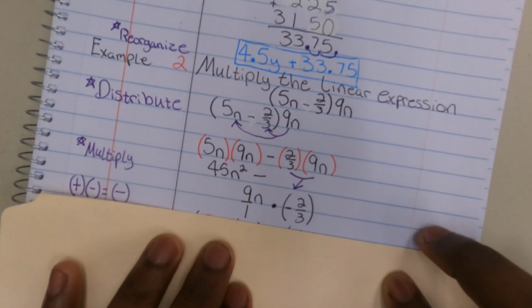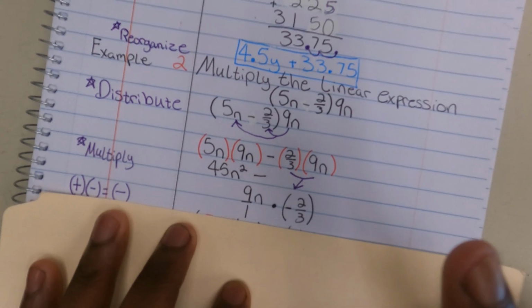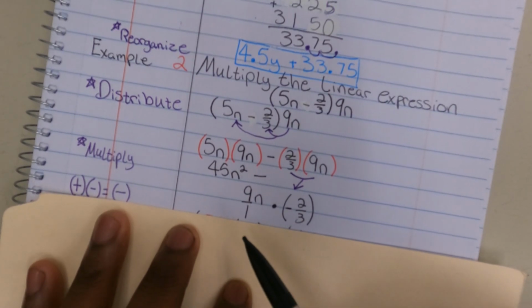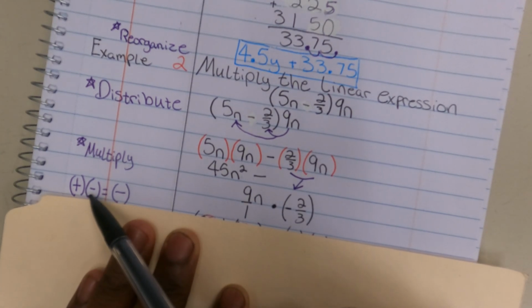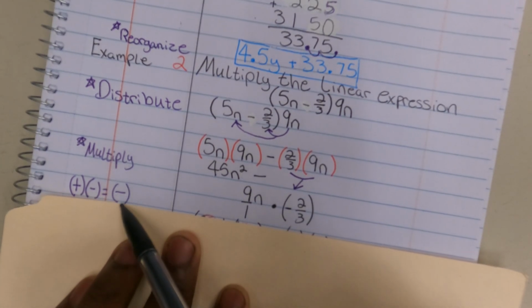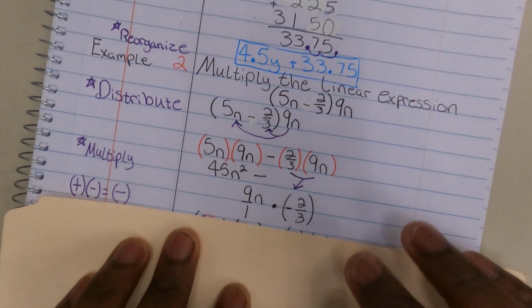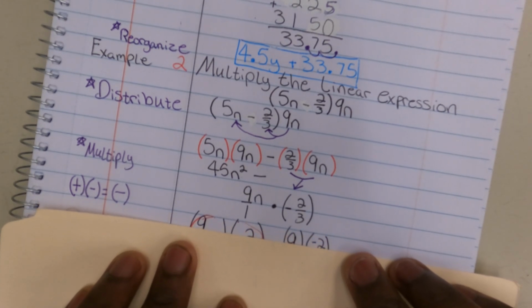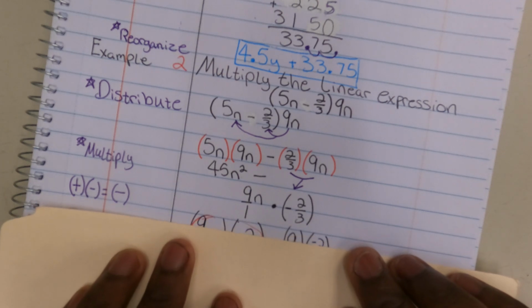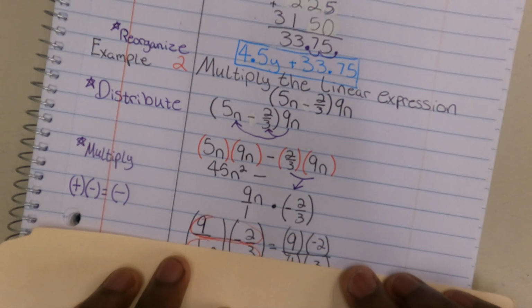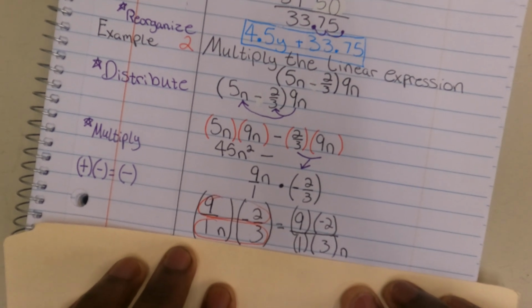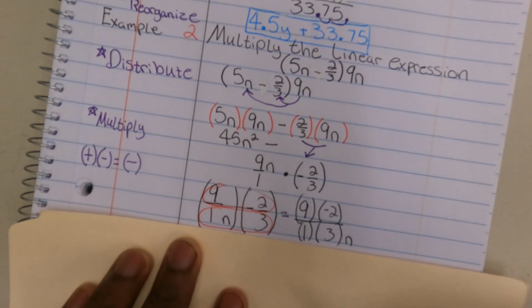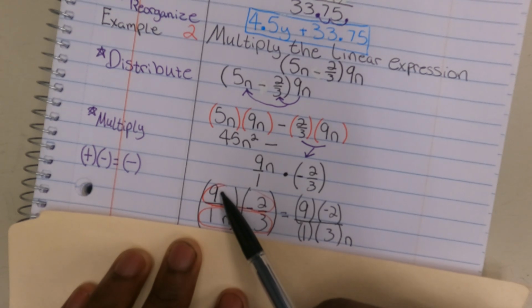So now, you need to remember this one rule too. Whenever you multiply a positive and a negative, your result is always going to be a negative. So, we're going to do 9n over